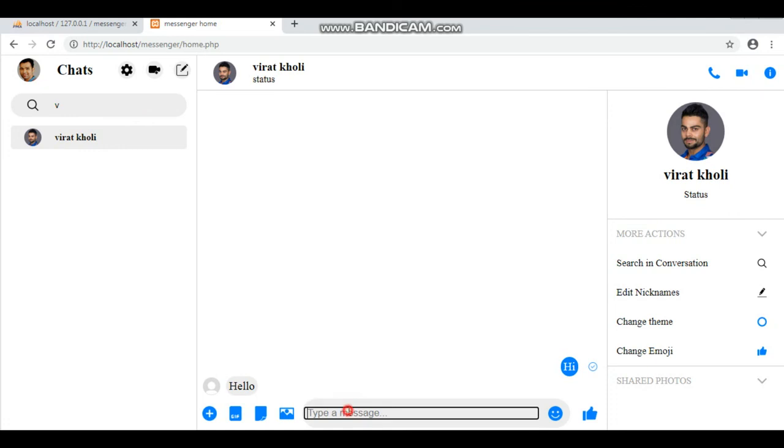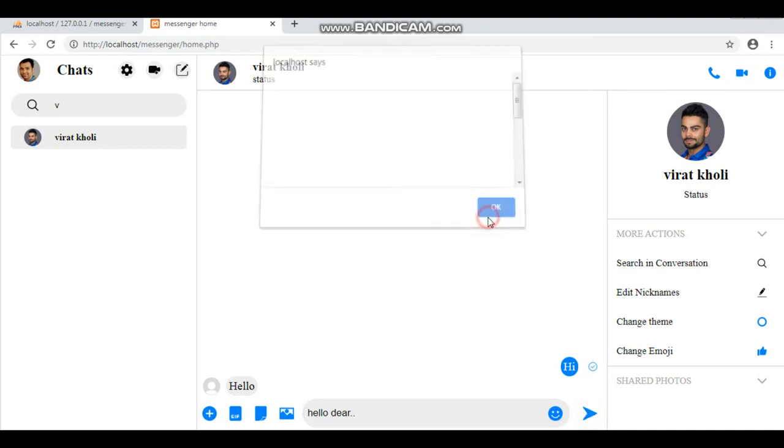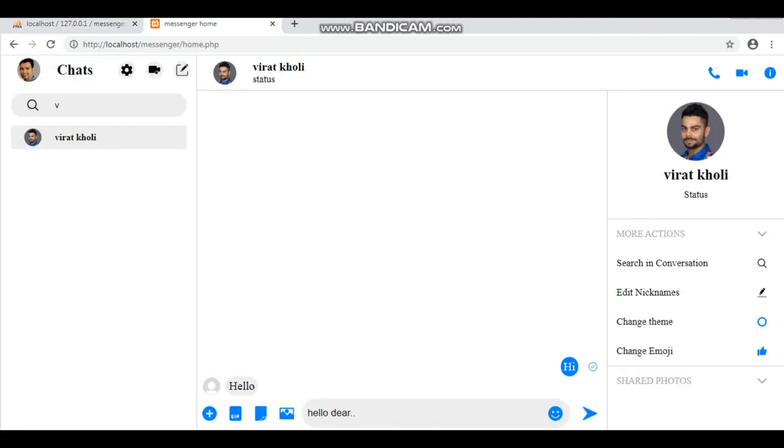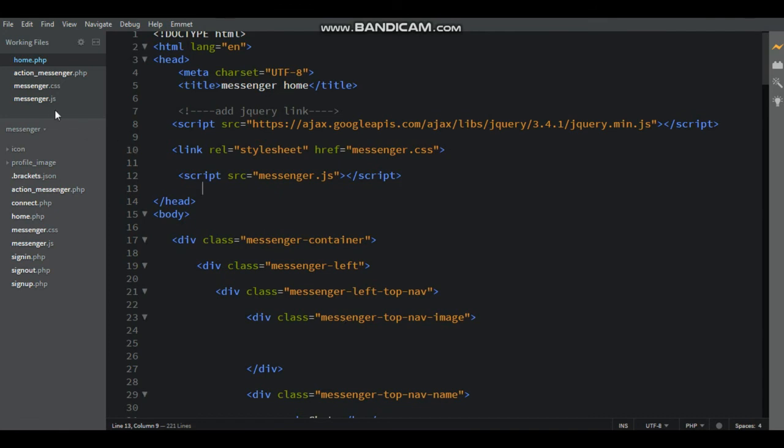chat, search user, profile click, and then send the message, type the message and send the message. Here it shows a blank alert, so here is something wrong. Here check it again. Go to the action_messenger.php file.